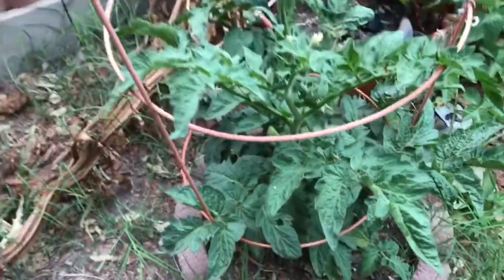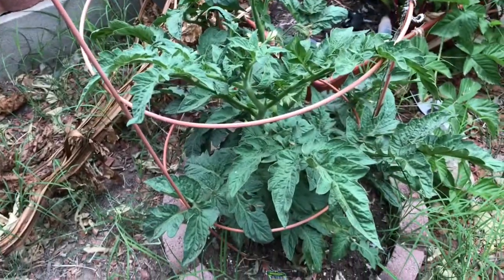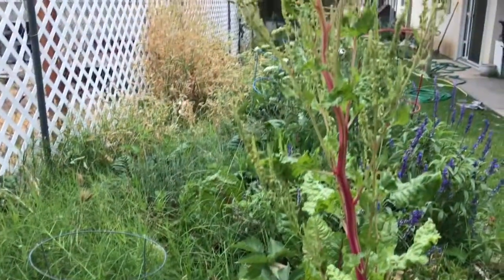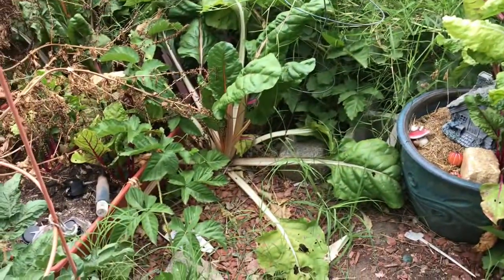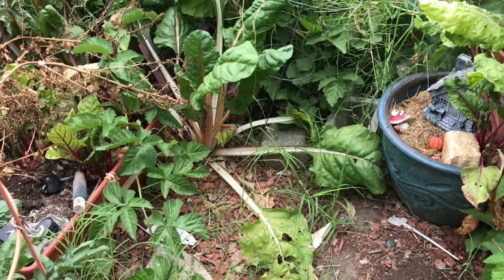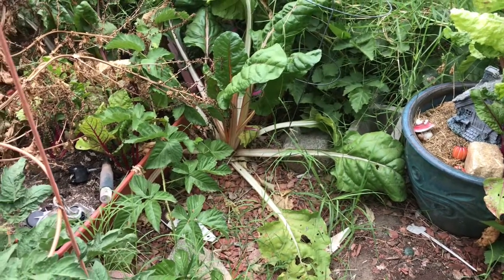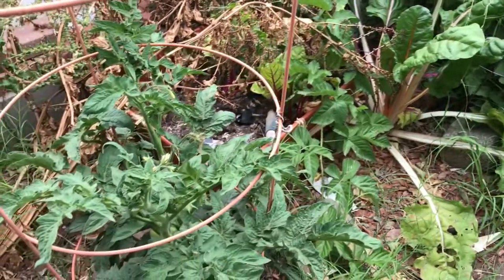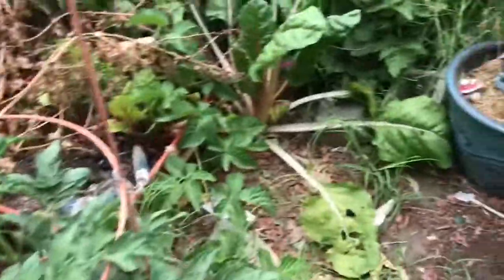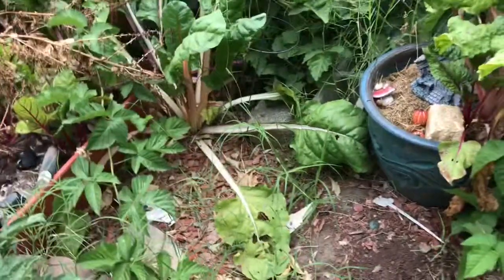Now I know compared to most of you gardeners, this is a very, very tiny little yard. And you can see it isn't very big, the little bit that I have. But it doesn't matter how tiny a space I have, I have a space. And as time goes on, I will incorporate more stuff into this area. And I am going to be putting a lot more containers in this area